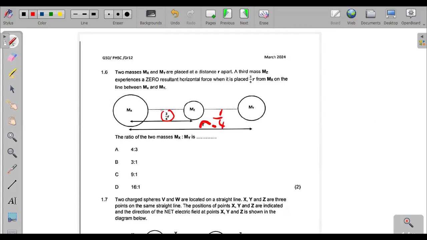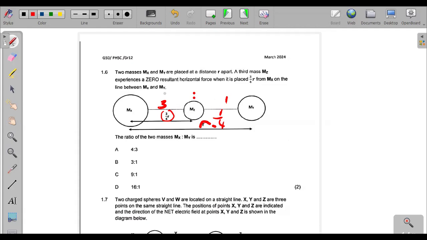Therefore, it means the ratio between the distances between mx and mz, and also mz and my, shall be 3:1. We are talking of the ratio of the distances being 3:1, right? Then with that, remember we deal with the square of the distance according to